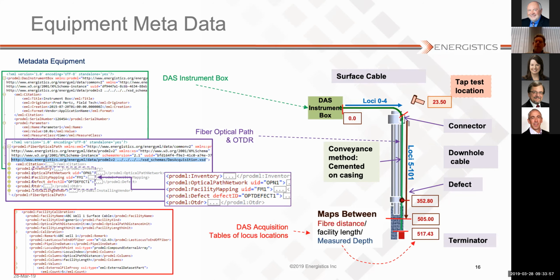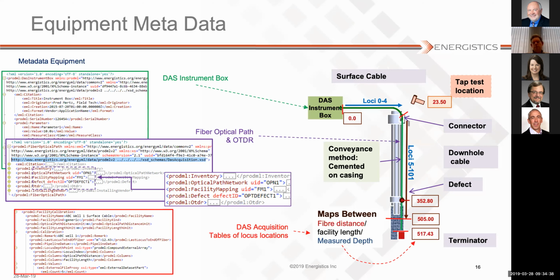And then really importantly, we have what we call the facility mapping. As you can see in the diagram, you'll have a surface cable from the box to the wellhead in the case of a well. Then we go through the wellhead and down into the well. So we have to know whereabouts along that length we are matching physical features of the thing that we're measuring. Otherwise, we simply have these loci, but we don't know where they are. That's what's called the facility mapping: whereabouts on our total length of optical path is the start of the well, the bottom of the well, and so on. Things like where's the packer.